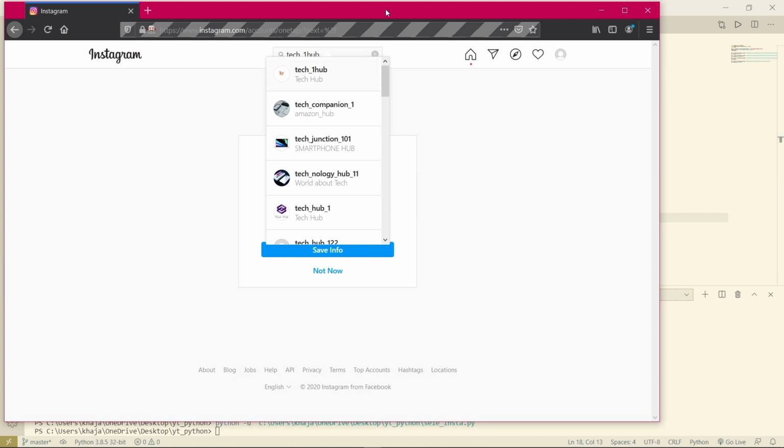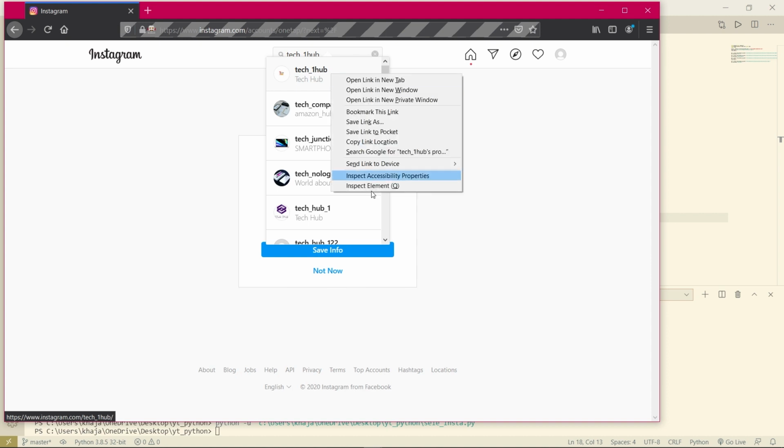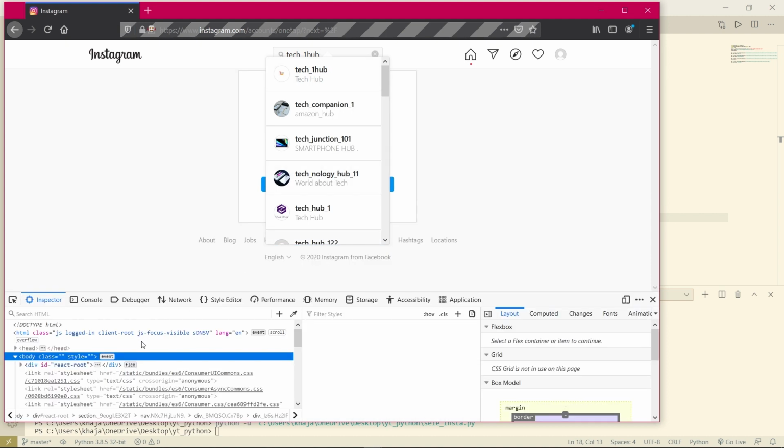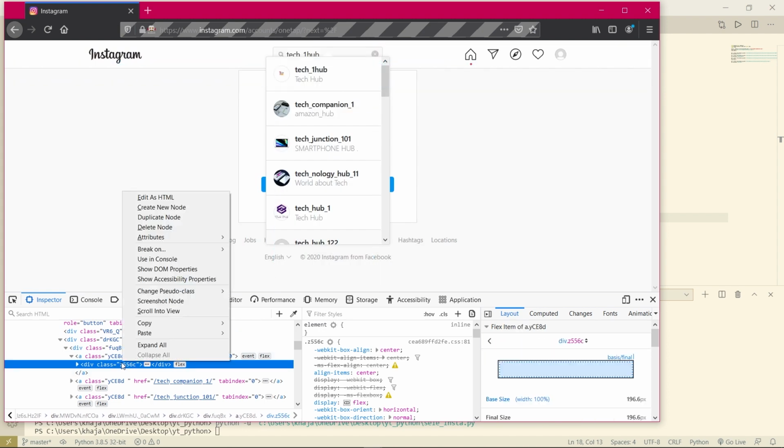Okay, now it is searching for Tech1Hub. Now we have to click this Tech1Hub page. Actually, this is our Instagram page. Okay, what we will do is right click on this Tech1Hub and copy the XPath for the same.